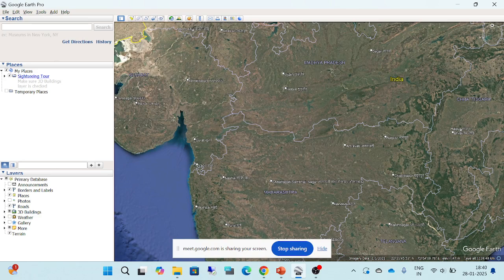I just randomly zoomed in, so whatever came, I'm showing that. These are all represented as points. If you are from one of these places, you know that your region is not a point, it's a very big area. But because we are looking at such a scale, it's represented as a point. Now, if I zoom in again,